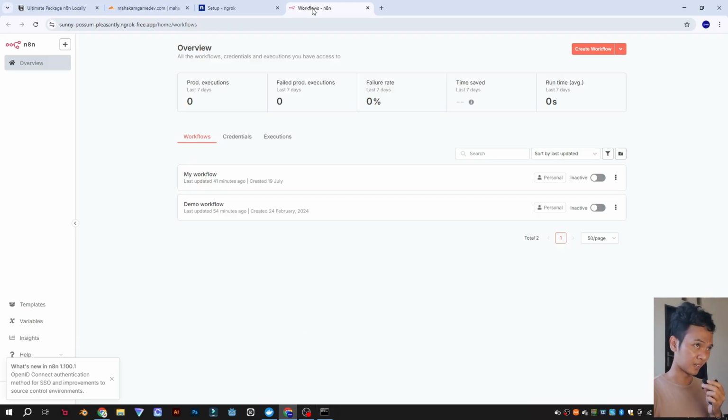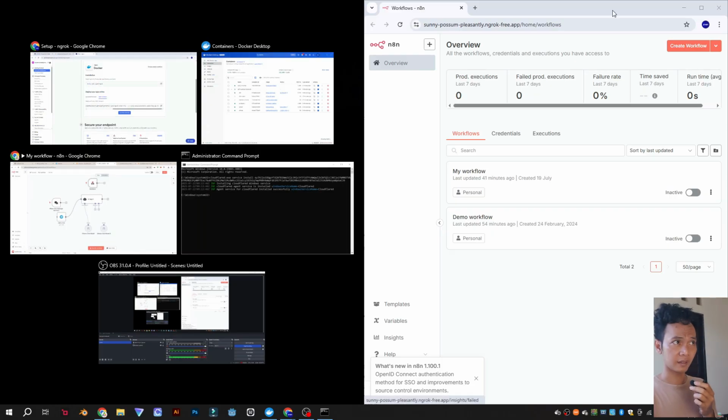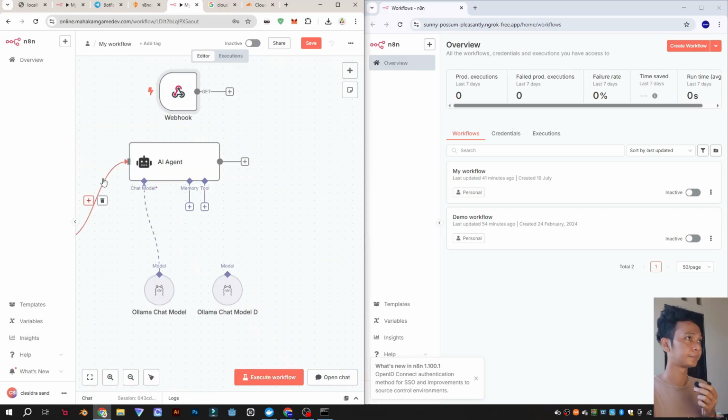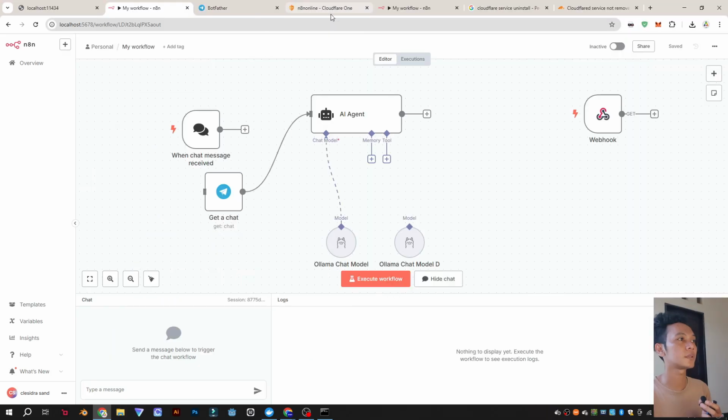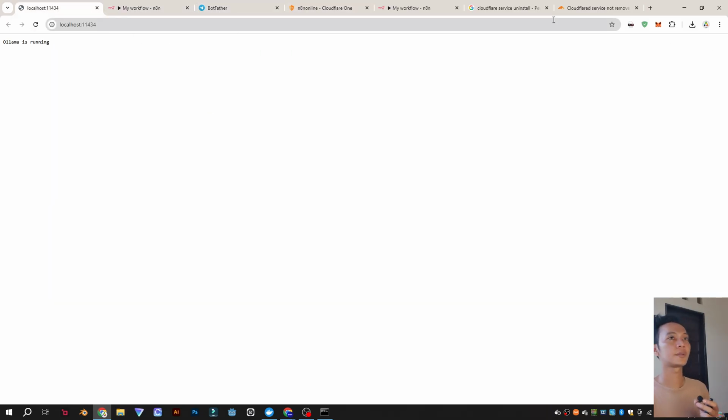So we have ngrok and Cloudflare. We can still have access to our localhost. So this is the best option to expose our N8N machine online. So let's go back to installation.